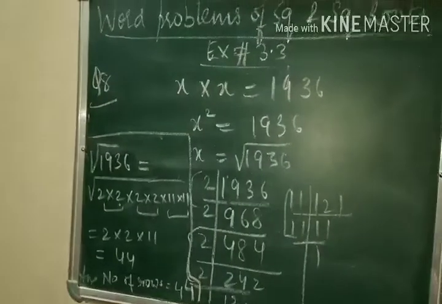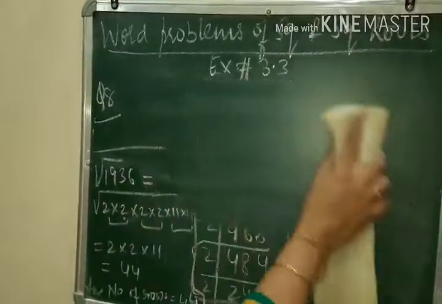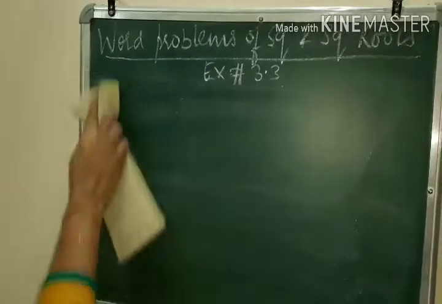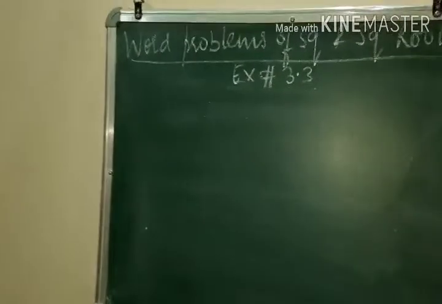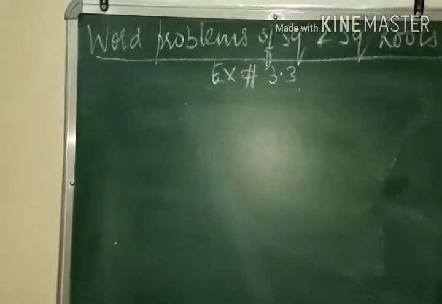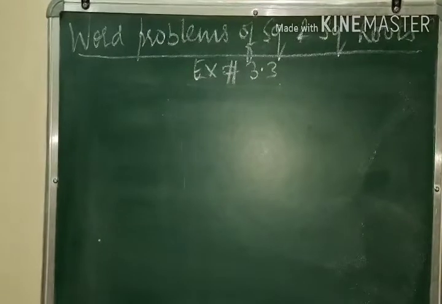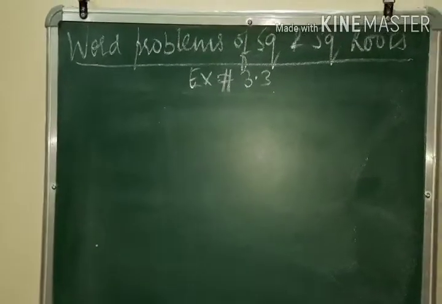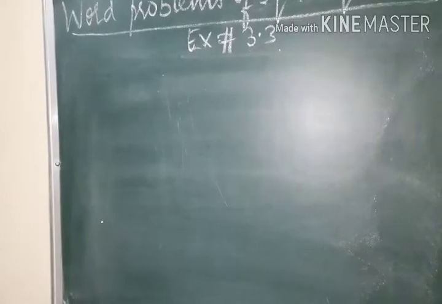Right? Let's proceed to question number 9 now. Question number 9. In a school, the students of class 8 collected rupees 2,304 for a picnic. Now the students had to go for a picnic and the students were of class 8. Each student contributed as many rupees as the number of students in the class. So it is almost same as example number 4. Find the number of students in the class.